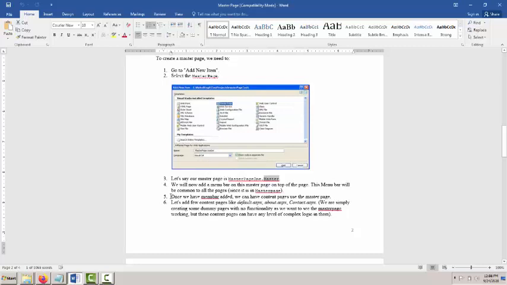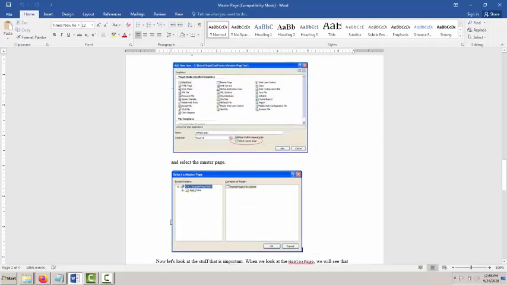Now once we have a master page added, then we can have content pages use the master page. Let us add a few content pages like default, about, contact us pages. So inside the master page, we have to create all the content pages.